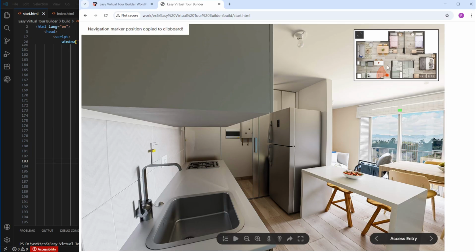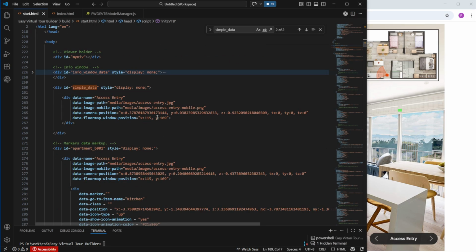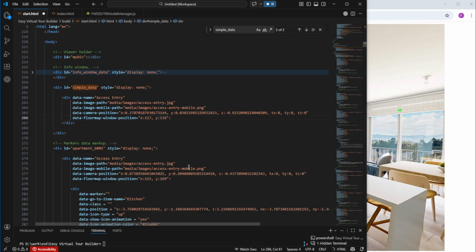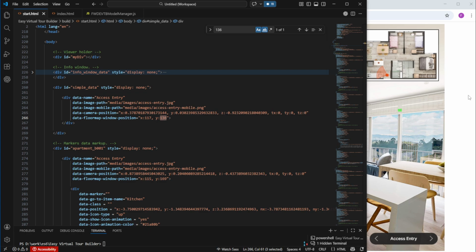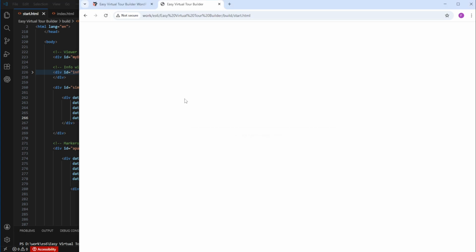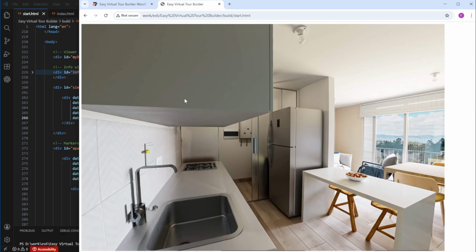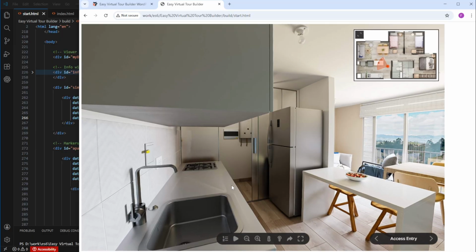See, marker navigation marker position, copy to clipboard, and just go here and paste it. Save, and after I refresh, you'll see that it appears. See, it's here. Also, this navigation, this floor map window, it will actually show the